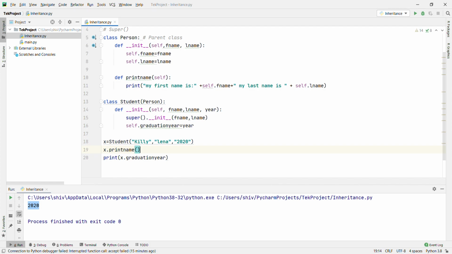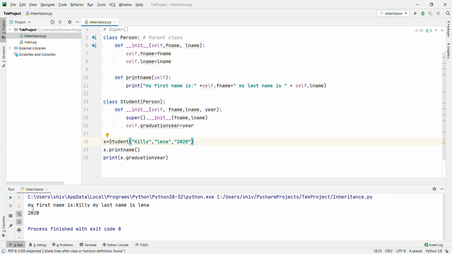Okay, and then if you run, what will happen? It will print my first name is Keely, my last name is Lena, and after that x dot print name will call this method, and x dot graduation year will print 2020. Okay, let's run it. Okay, my first name is Keely, my last name is Lena, and 2020. Right, this is clear now.